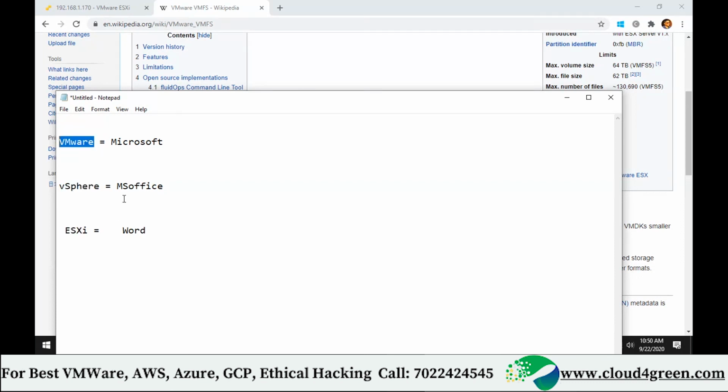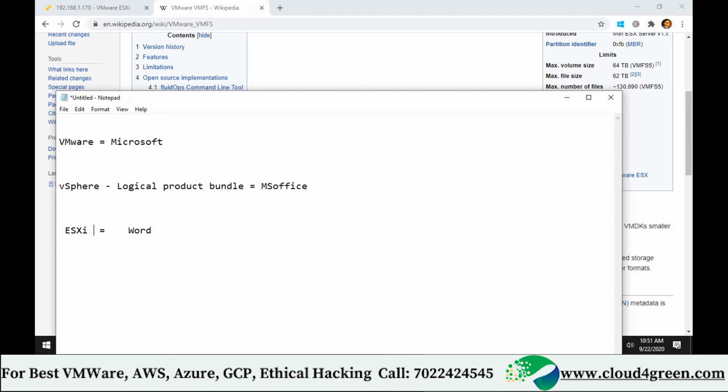VMware is a company. vSphere is a product bundle, a complete product bundle. In that, ESXi is a small component. See, in MS Office there are many products, right? Excel, PowerPoint. vSphere is called a logical product bundle. Understood?